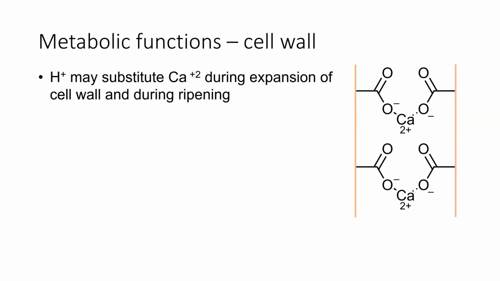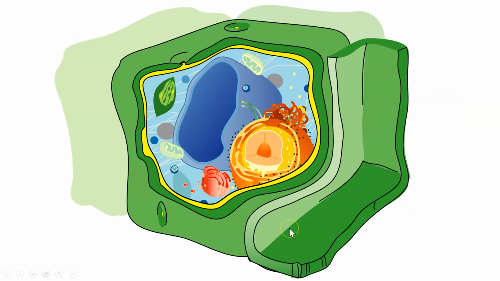If you take the calcium out, the cell walls are no longer bound together. They can slip and they can move this way. If you've got cell wall expansion, you've got that. If you've got ripening and the acid gets in there, it substitutes the calcium out. And as that does that, it makes the calcium a little bit more available, but it will also cause the cells to fall apart. If you look at this picture of the cell, the middle lamella is represented by this